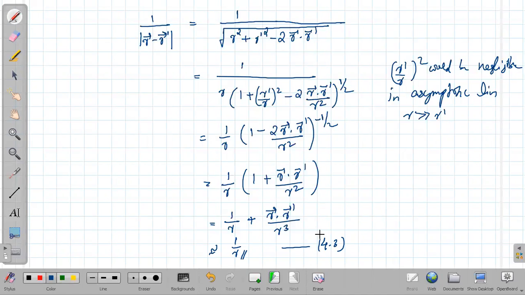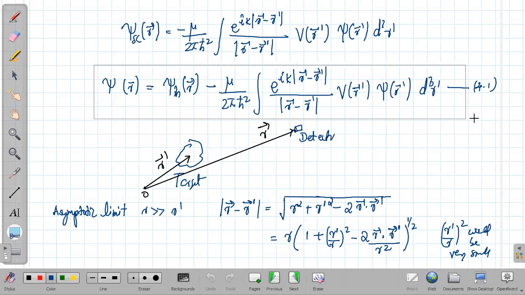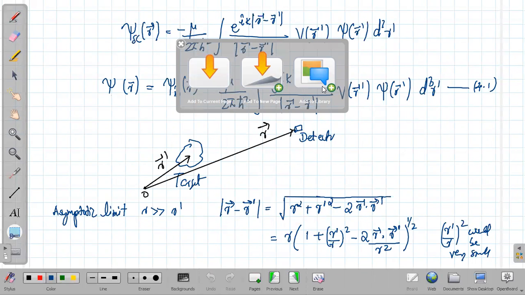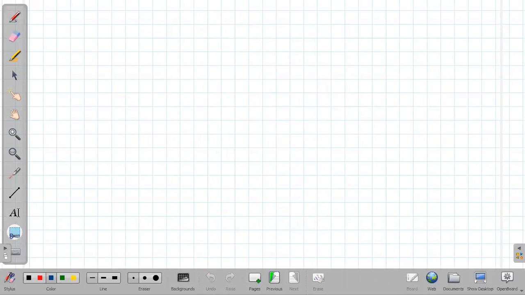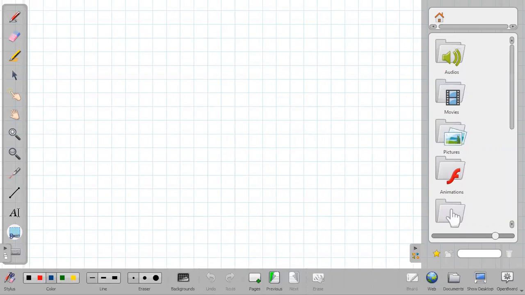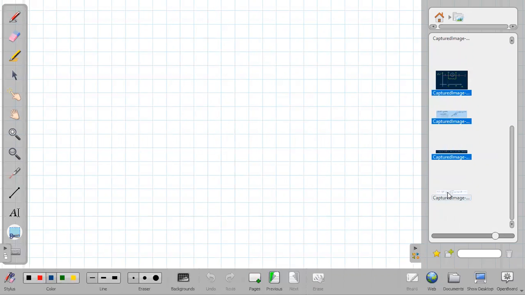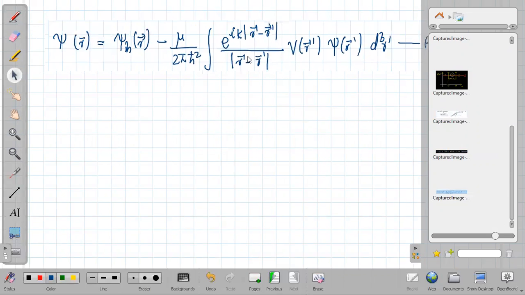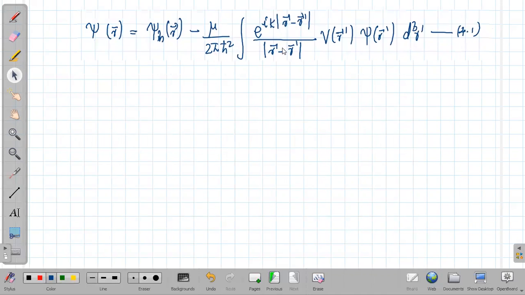Okay, so we can substitute this 4.3 and 4.2 in our previous expression 4.1. So better we can copy this. Okay, so this is our expression. Now we can have substitution. So in the asymptotic limit,